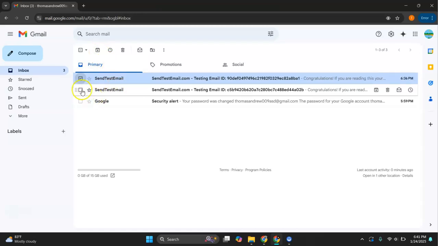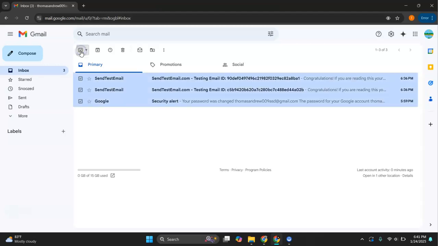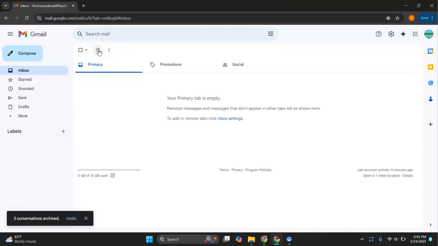You can also select multiple emails that you want to archive, or if you want to select all emails, you can just click this check box in the top, and then it will select all the emails, and you can just click this archive button to archive all emails. And after clicking the archive button,